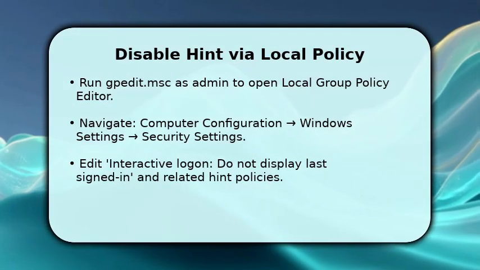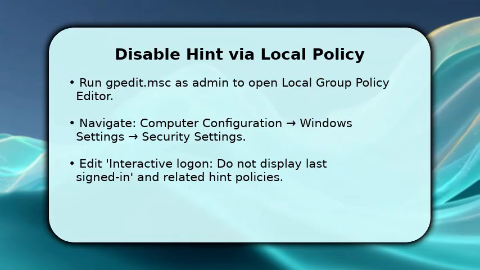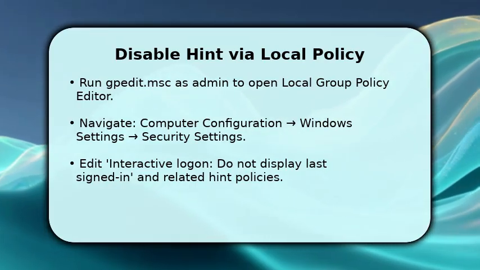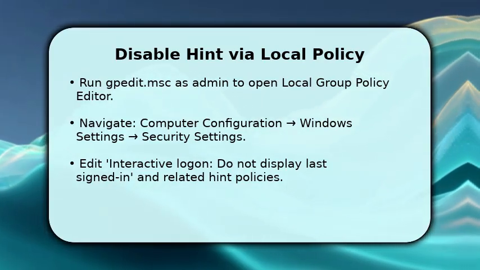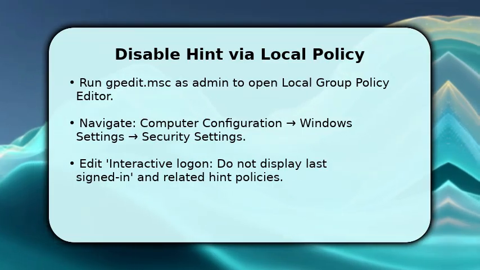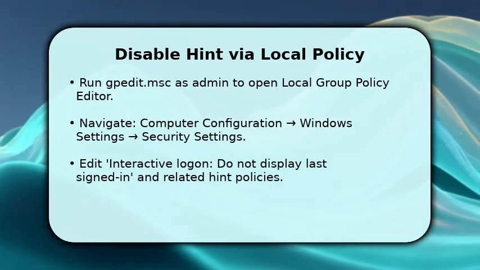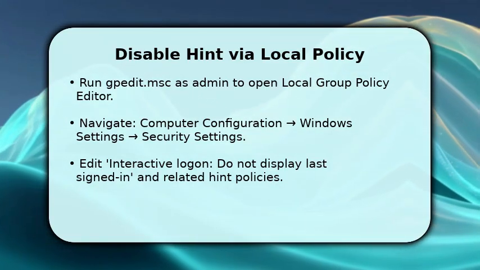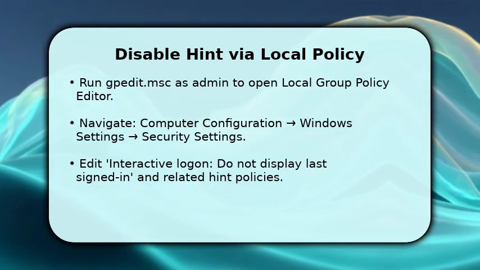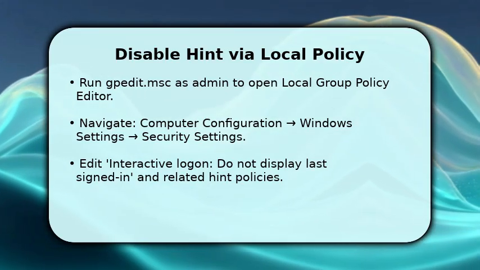Now make the change in local group policy. Run gpedit.msc as administrator and navigate to Computer Configuration, then Windows Settings and Security Settings. Once there, open Local Policies, then Security Options, and find policies like Interactive logon options that affect display of